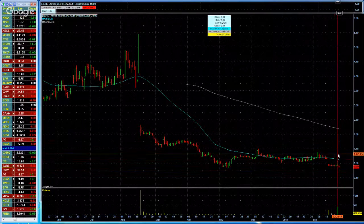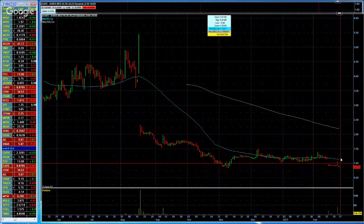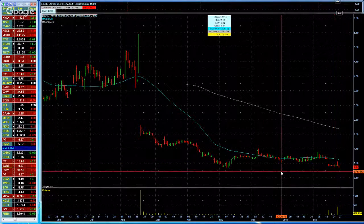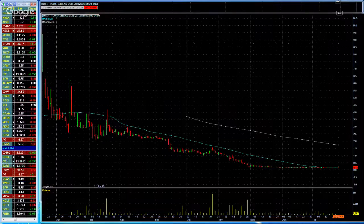So what do we have right now? We have a gap against the move, come back, and it looks like the stock is going to get destroyed even further. If the company is going to break right here at the 84 cents a share level, the stock is going to get destroyed, and it's going to be a very bad story for this particular company. Very interesting situation, my friends. I wanted to show you so that you will understand. This particular company